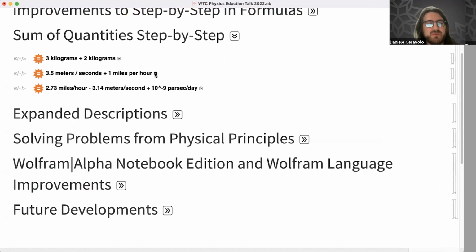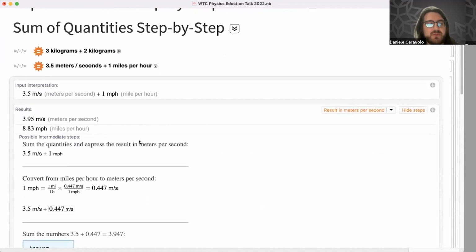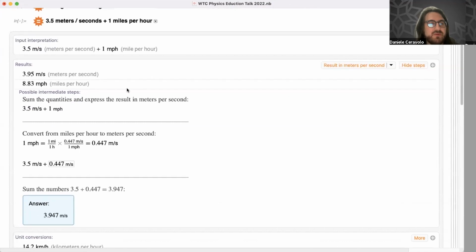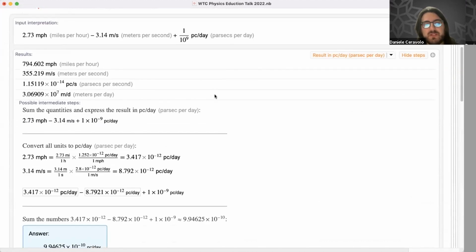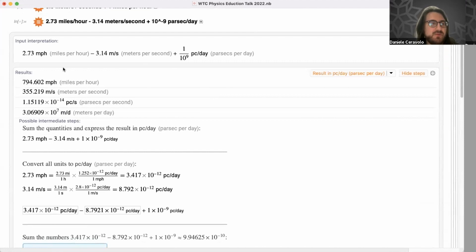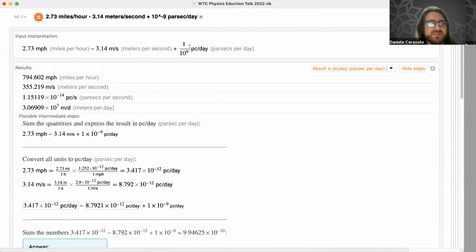But we also are able to handle more complicated ones. When we sum quantities with different units, we handle unit conversion in step and have them summed up inside the step-by-step. So that's fine. And also, I want to point out that this is quite flexible. You can choose time here. You can sum and subtract different quantities. And here I choose parsec per day. So as you can see, you can play with it and make your own unit and see what happens